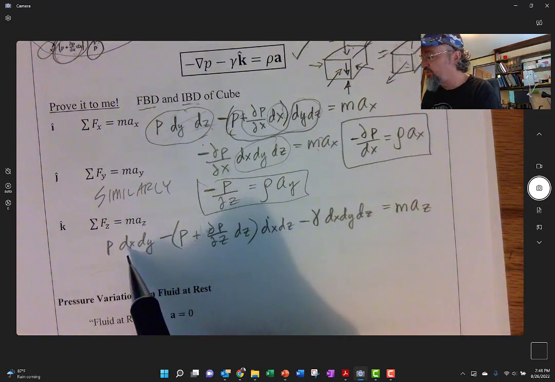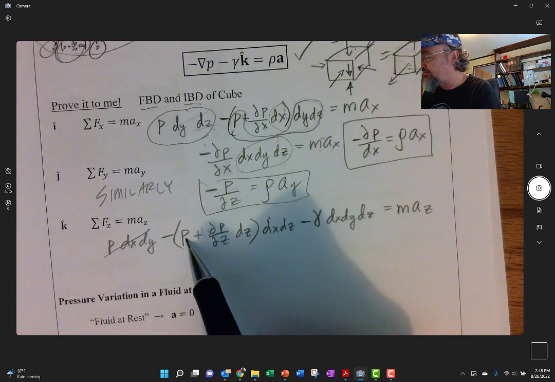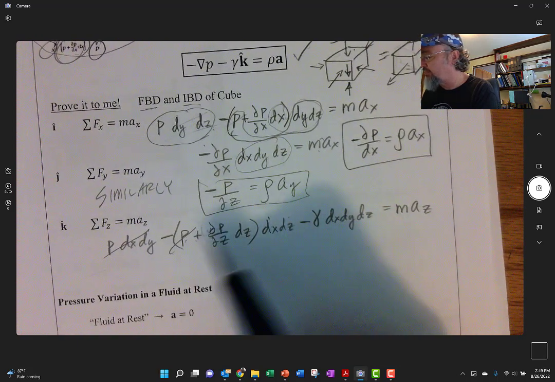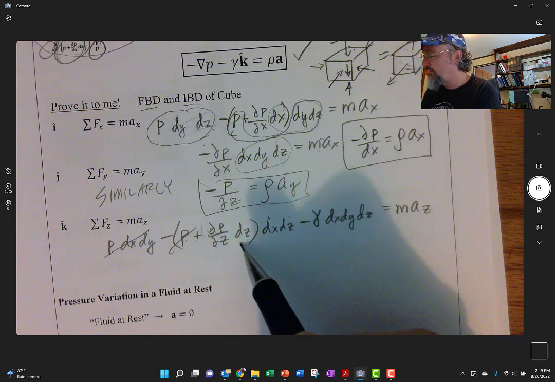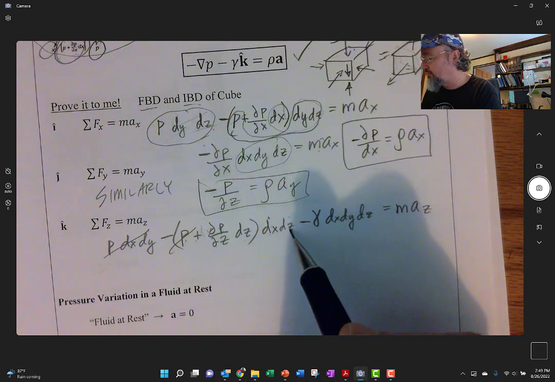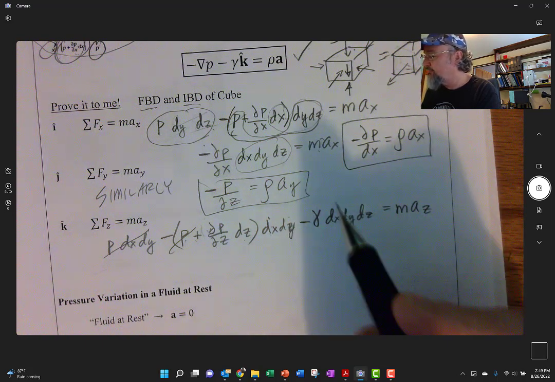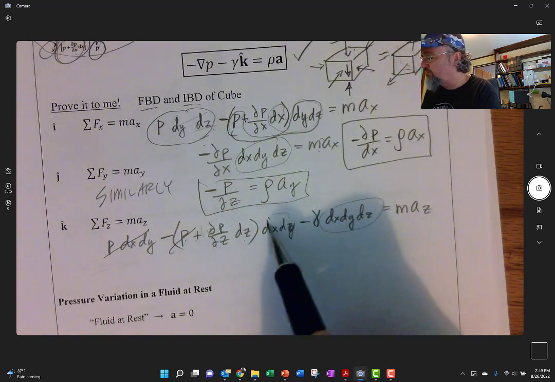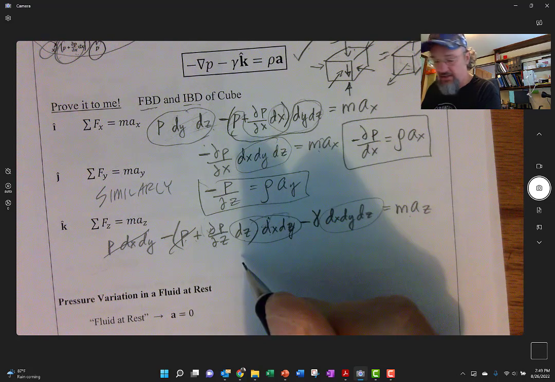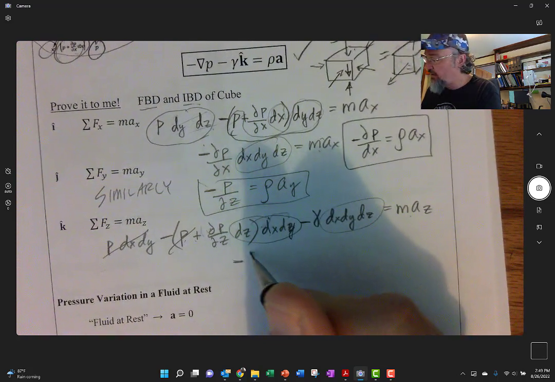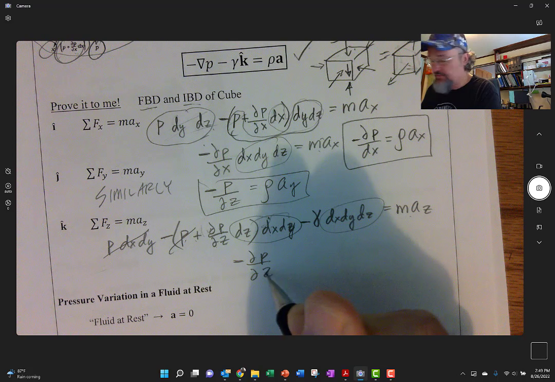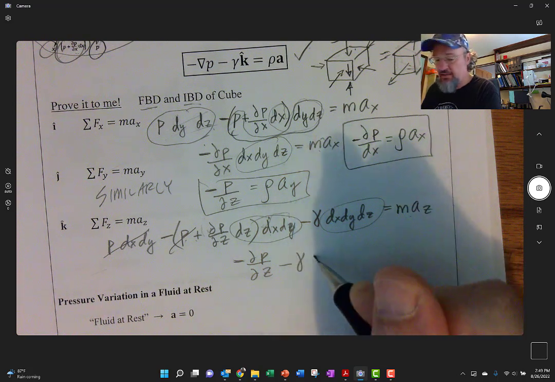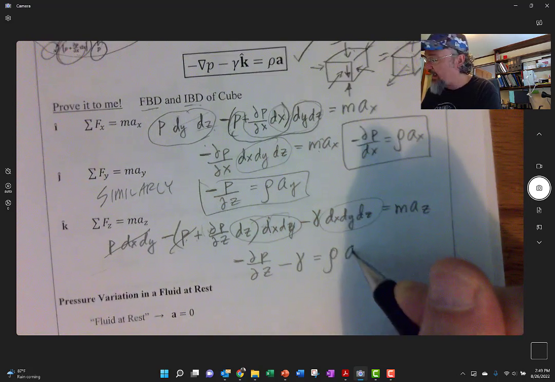And we do the similar thing as we did before, right? This one's going to cancel out because of that times that right there. And then what we're going to be left with is del P del Z times dz dx dy. Sorry, I messed that up. And then minus this. So we're going to be able to bring out the volume of these and divide over to the other side. So what we're left with is del P del Z minus gamma is equal to rho a_z,